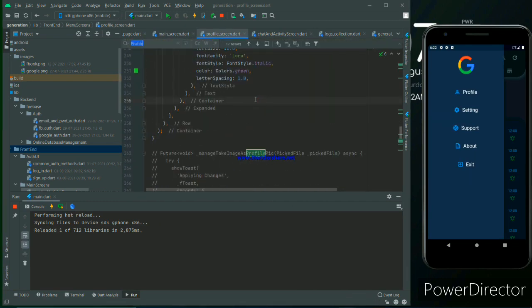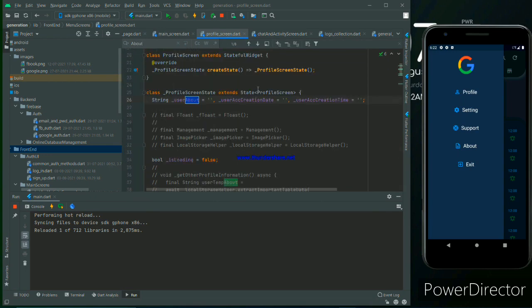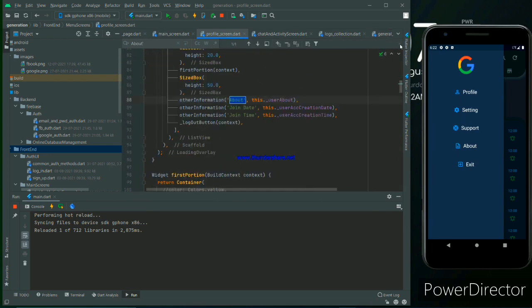I think I'm missing something. For now we can use the user about, just like welcome to generation. Actually this is null by default, that's why it is not printing there.